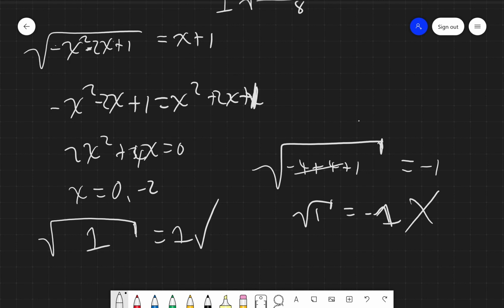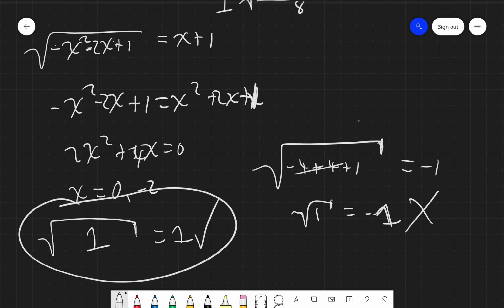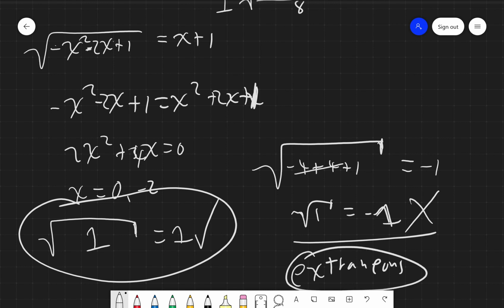You're wrong, buddy, because the square root means a principal square root, not the positive or negative square root. So the answer is only this. What happened here? This is what you call an extraneous solution. What's an extraneous solution? Well, algebraically it worked out, but it didn't really work out in the end. So what happened? When we squared it,